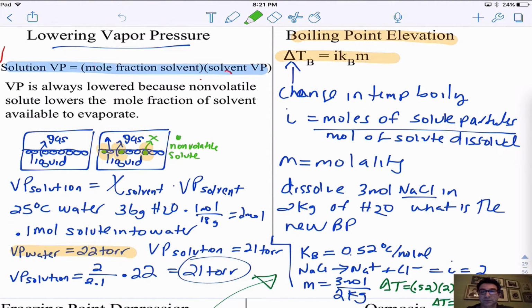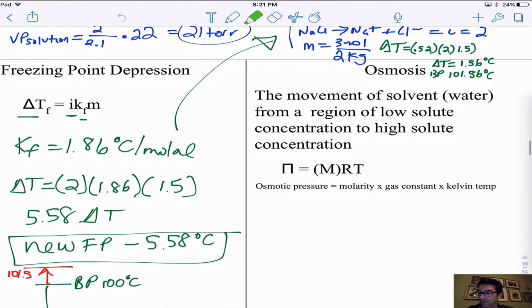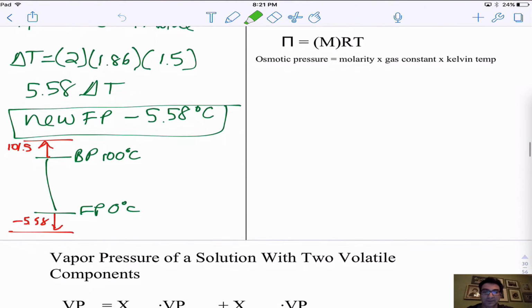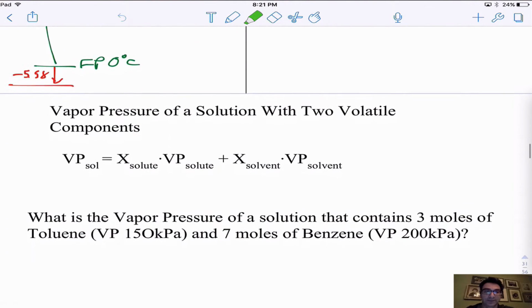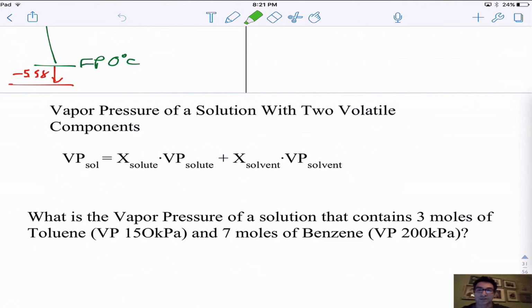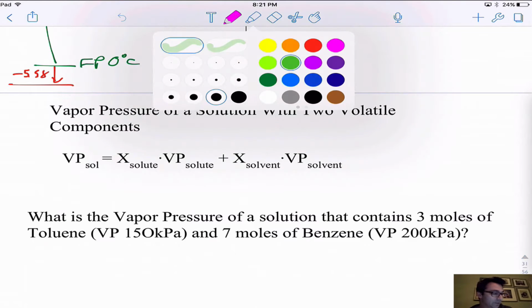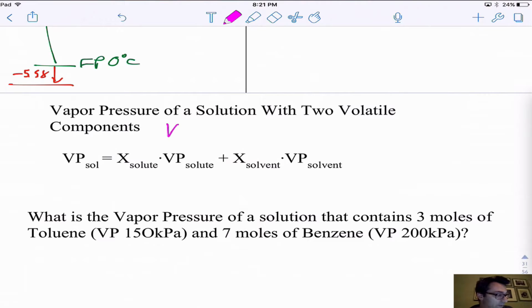And what makes it more difficult is that both of the solute and the solvent are volatile. And let me go right to that, and we'll come back to osmosis in a minute here. But let me show you what this looks like. This is sort of a more difficult question from the last one. And what makes it more difficult is that in the previous problems for vapor pressure, if you noticed, the vapor pressure of the solution